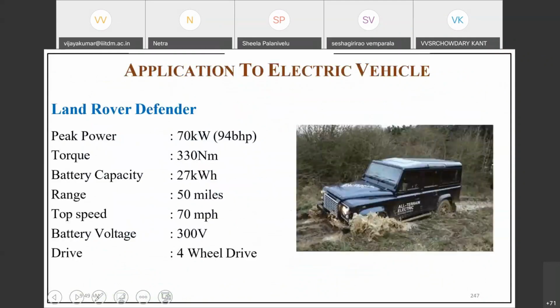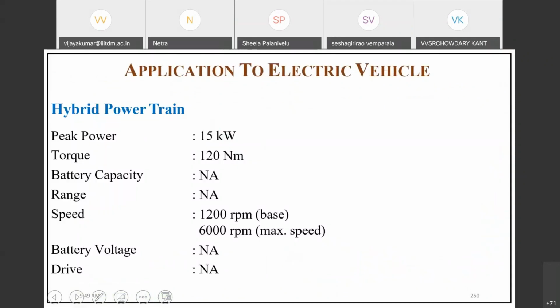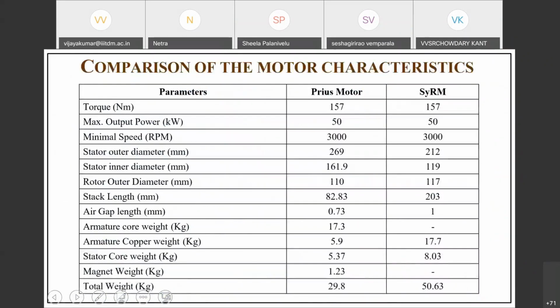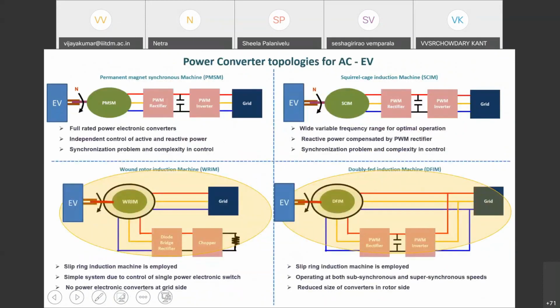Okay, next, switched reluctance machine. There are some vehicles using switched reluctance machines. Here I want to discuss different types of electrical drives in EVs, so that's why I put these slides. For permanent magnet synchronous machines, we use back-to-back converters. By using this back-to-back converter, you can run your electric vehicle. And for squirrel cage induction motors, we have this kind of